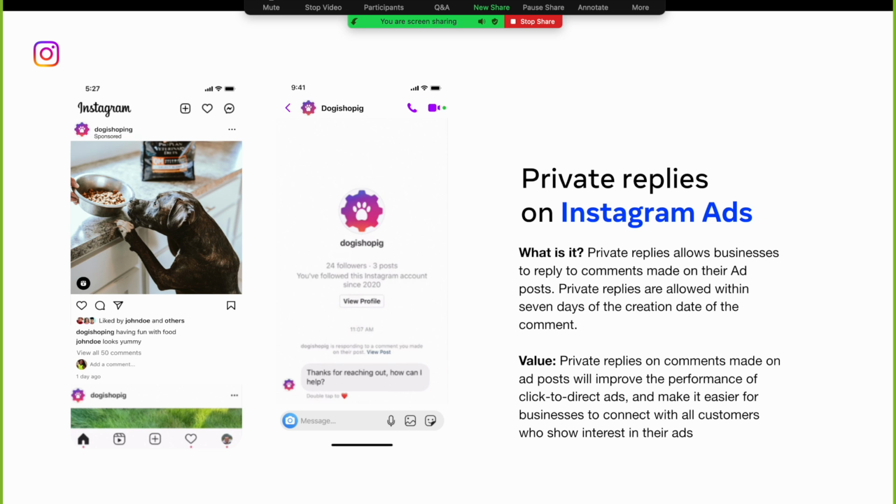The Instagram Graph API comments webhook notification for ads post will include the ID and title for the ad as well. And you may need to update any webhook servers to handle these new fields. But now, if somebody is running an Instagram ad and wants to be able to initiate a DM response with people who are commenting on their ads post, they will be able to do so via private replies.